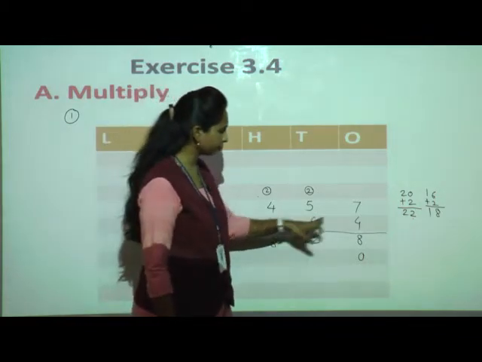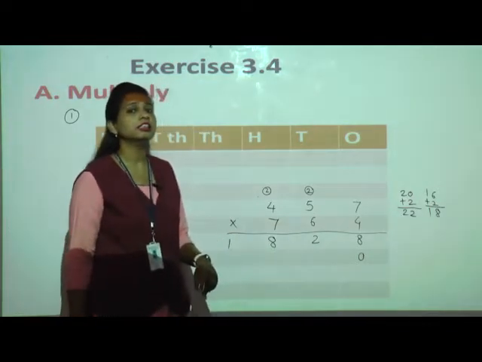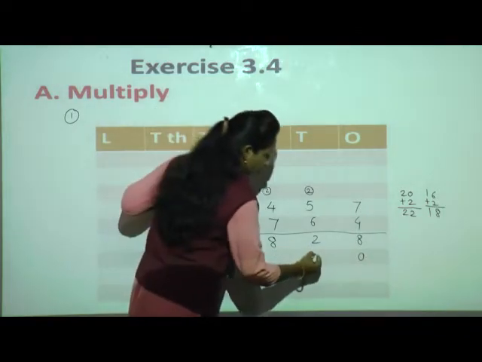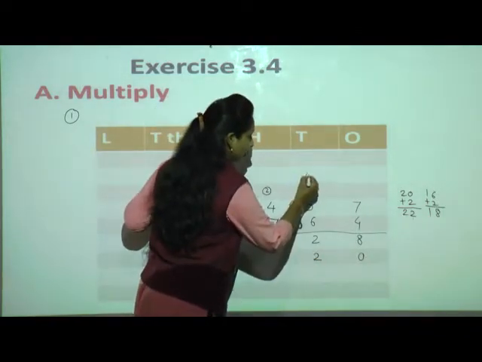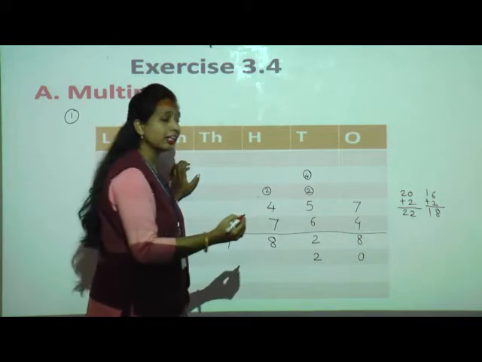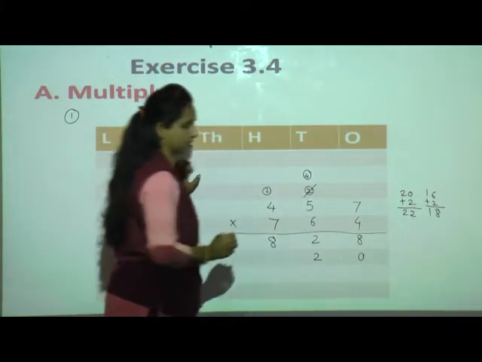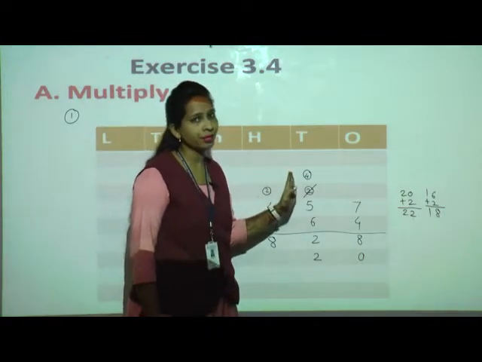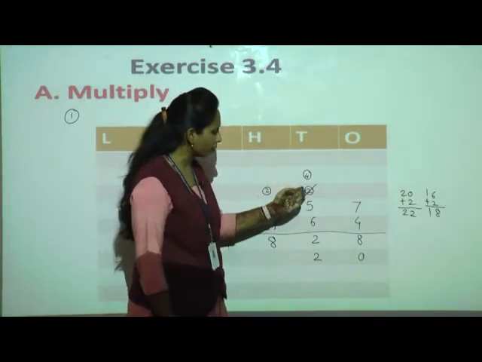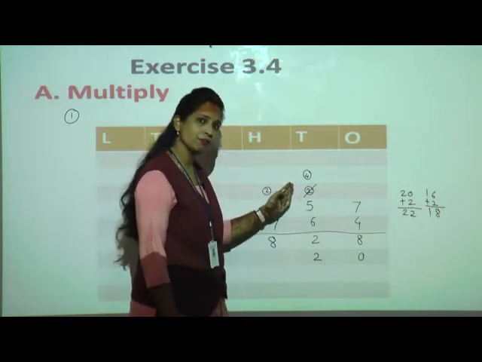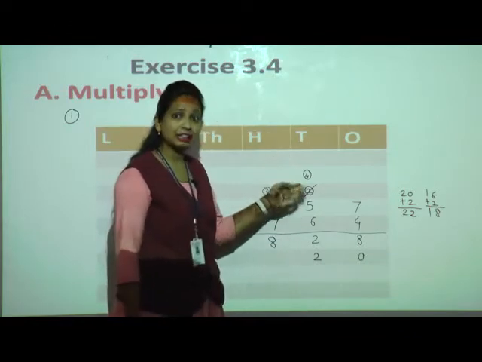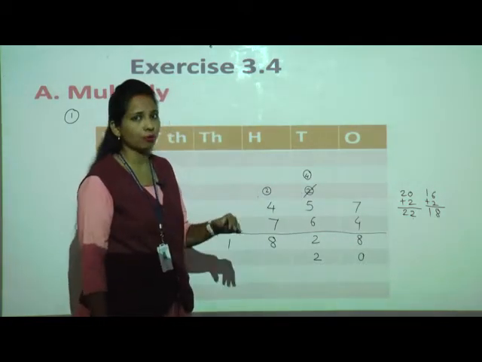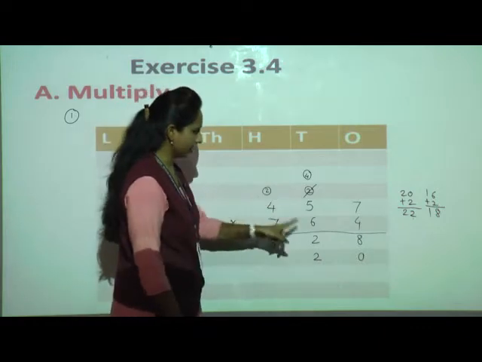Okay, now we will start. 6 sevens are, yes, 42. So 2 is here and 4 will carry to the tens place. Now what I'll do here? Now I will cross this 2. Why? When you count the next carry over, you should not be confused. Which number should you count, whether we should add 2 or 4. So that's why whenever you are writing the next carry over, before that you should cross the previous carry over. Okay. Now I have written.